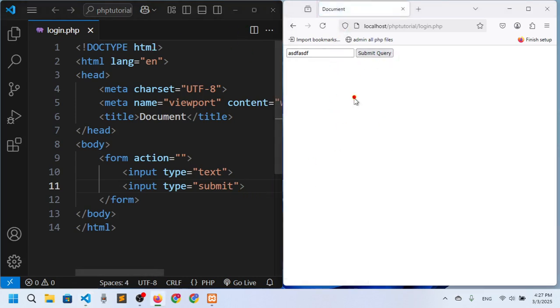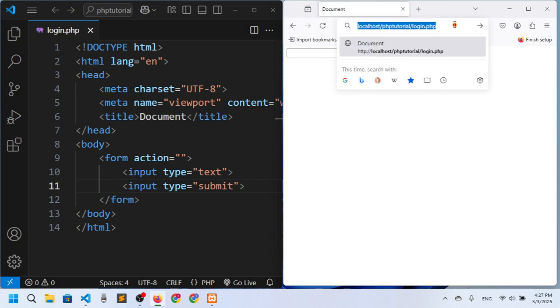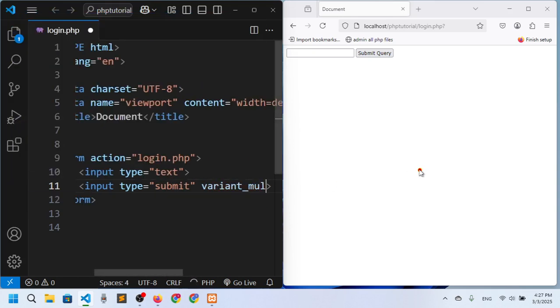So if somebody clicks here, where will it actually go? Here you can see a question mark. We have to give the destination, and that is called action. I actually want to redirect to the same page, so login.php. Now if I click here, I mean submit query, you can see it will actually go to the same page, login.php. So here input type submit, and I want to say that